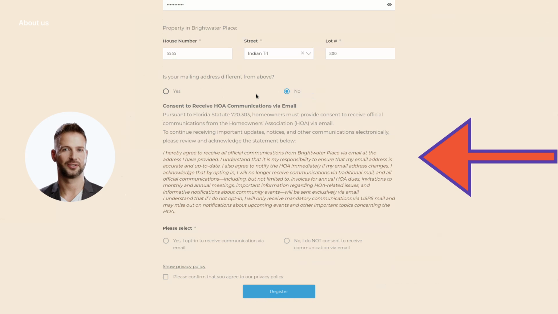We are legally required to ask you to opt in if you would like to receive email notifications from the HOA board after January 1, 2025. If you choose not to opt in, you will still be able to register and access the community portal. However, you will not receive any emails, including invitations to monthly board meetings, the annual meeting in January, community events,